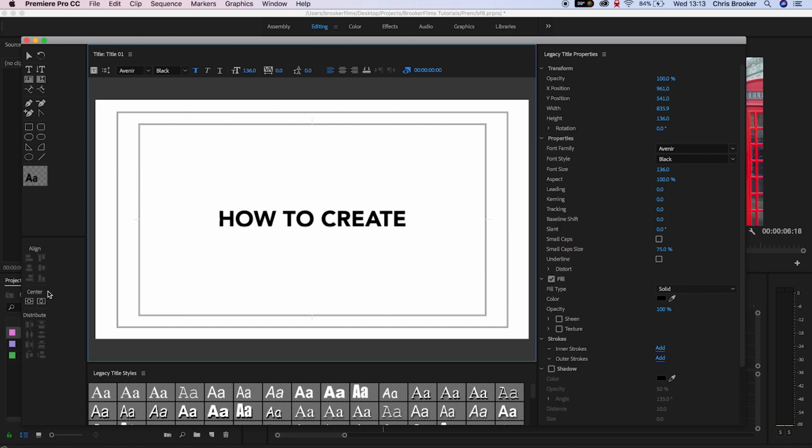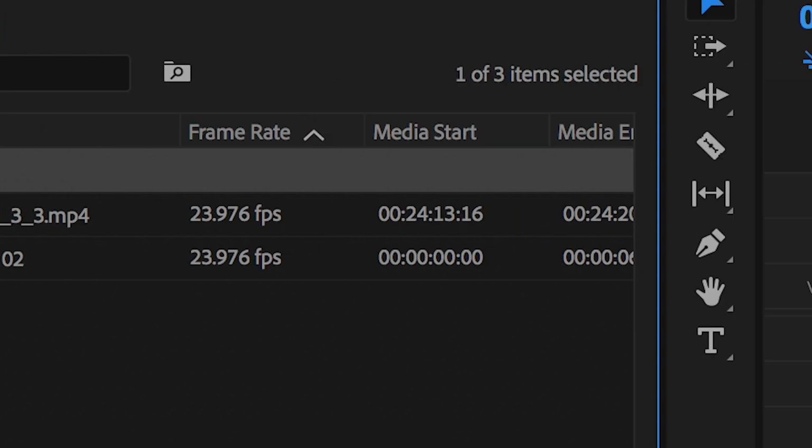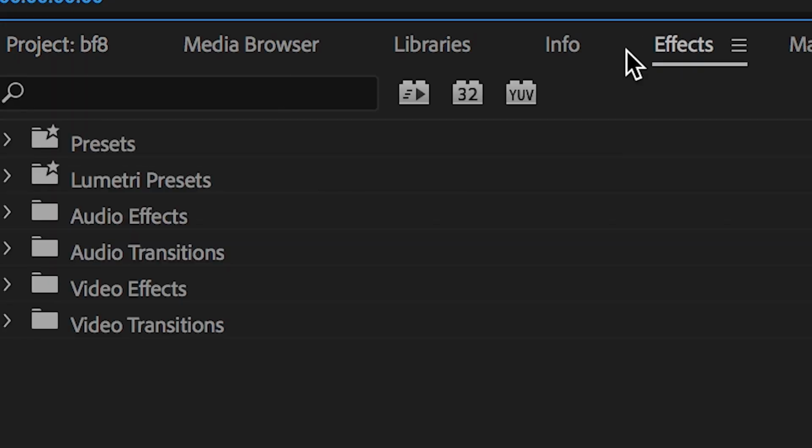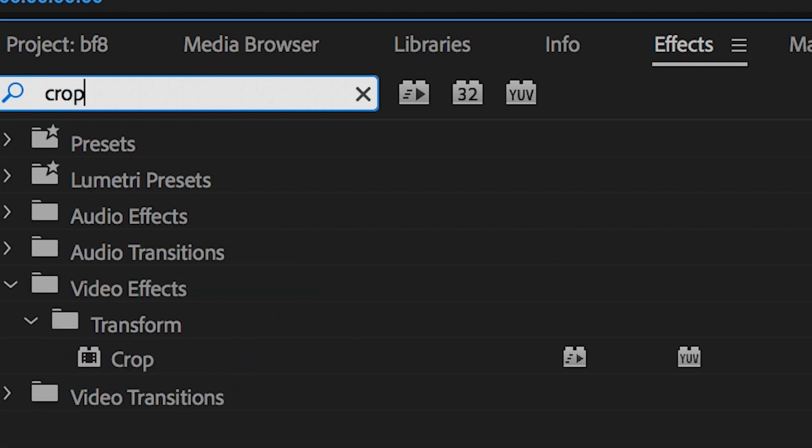Now once you've done that, just exit the text window and drag that text layer back onto your footage and drag this onto video layer 2. From here we'll go into effects and we'll search for crop, and you want to drag crop on top of